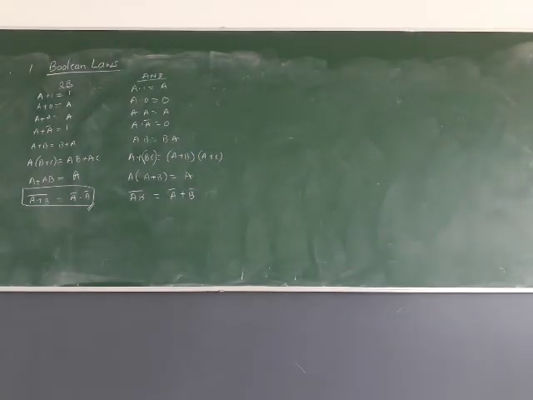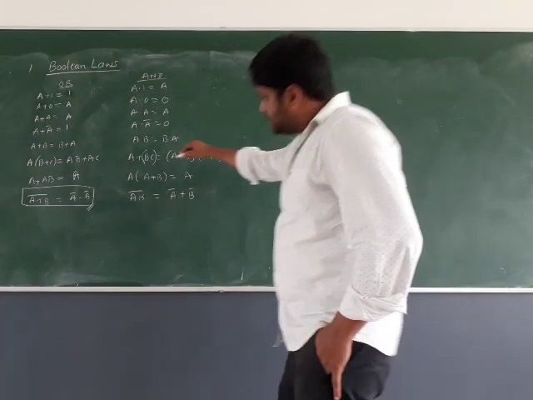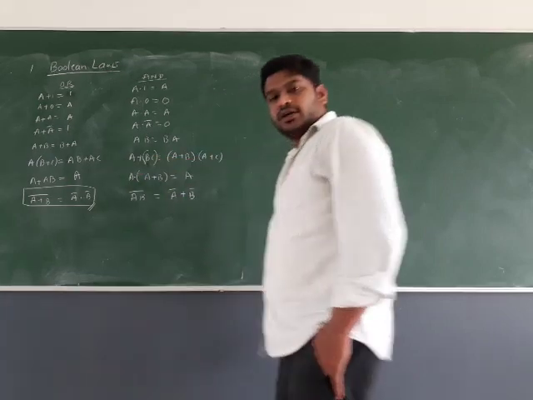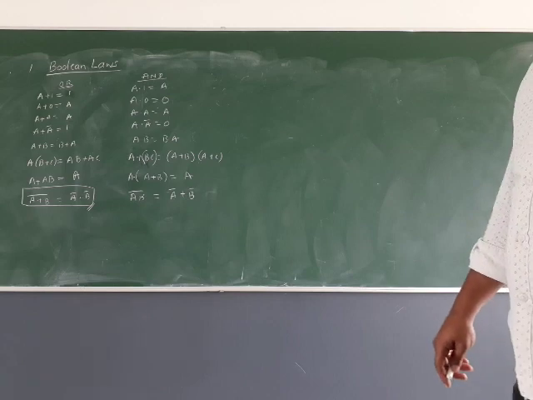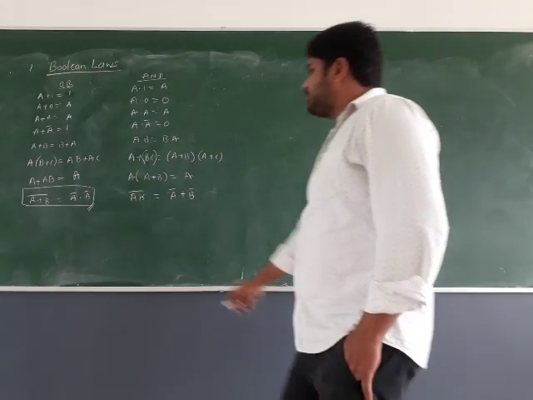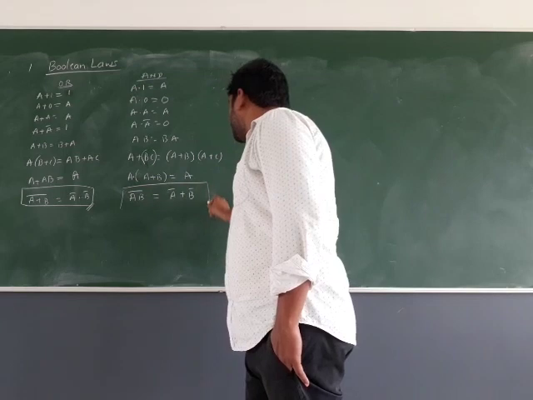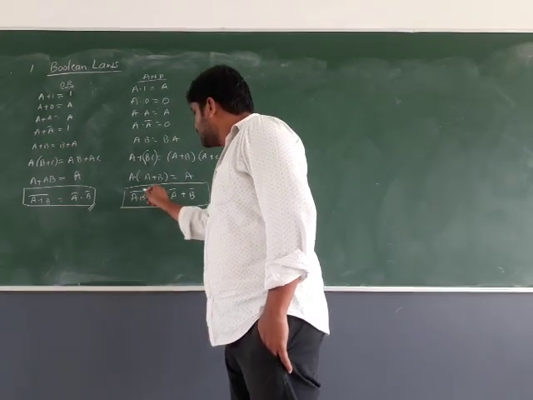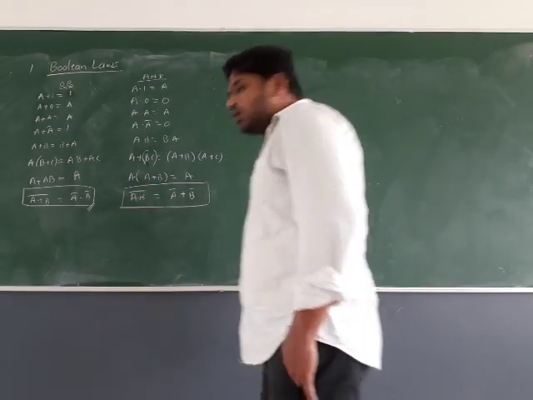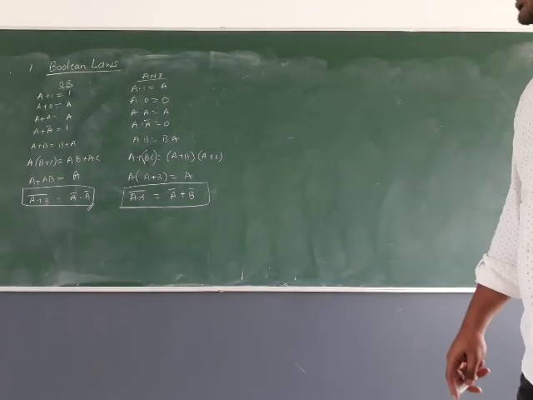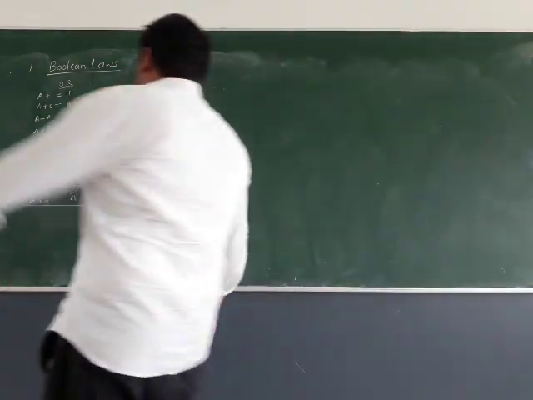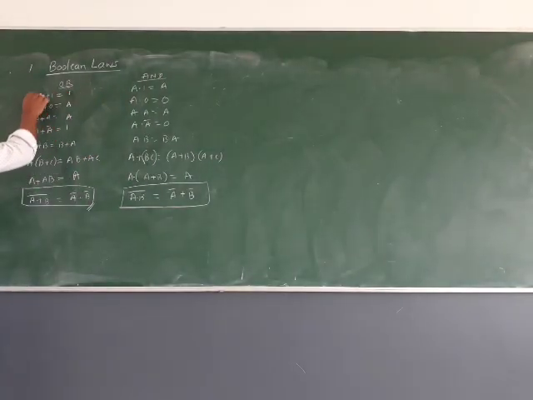Okay, so the next one is A bracket; here you have to assume there is an AND operation, that means a dot operation, bracket of A plus B is same as A. The last one is A dot B whole complement. Here there is one dot operation. Whole complement is equal to A complement plus B complement. So these are the standard set of Boolean equations.